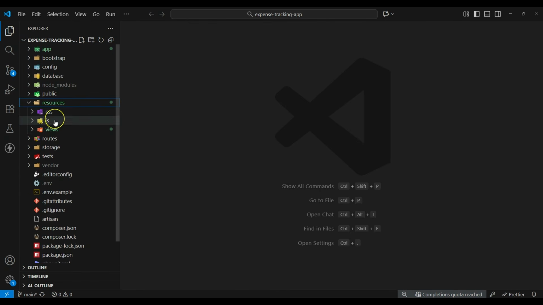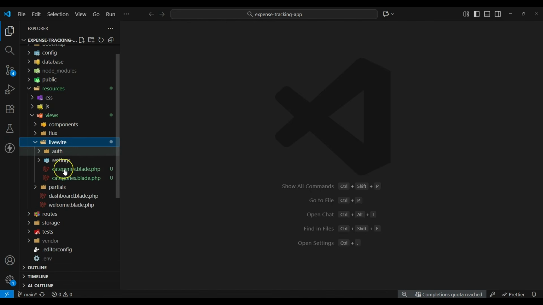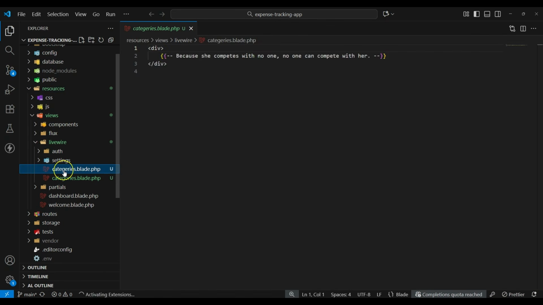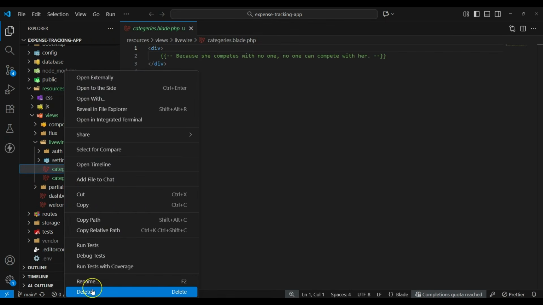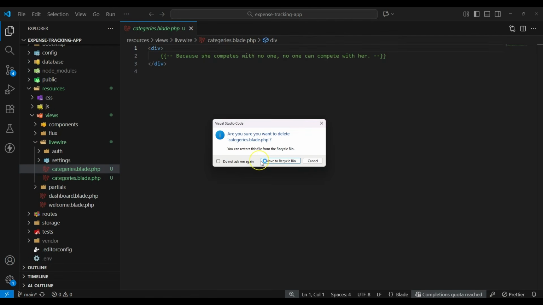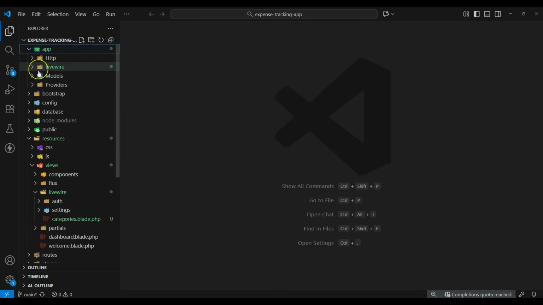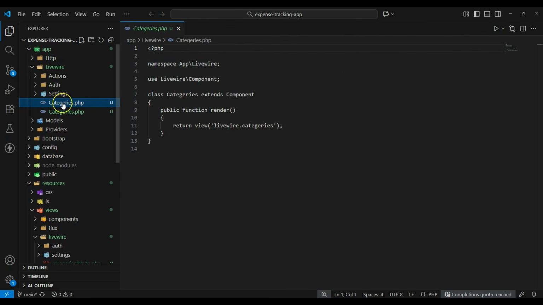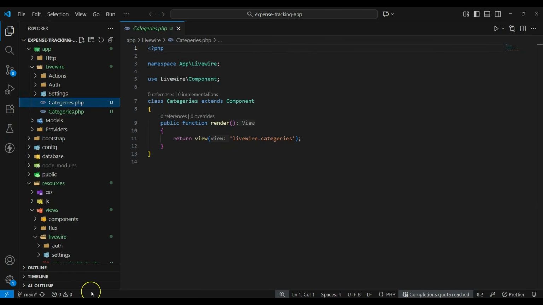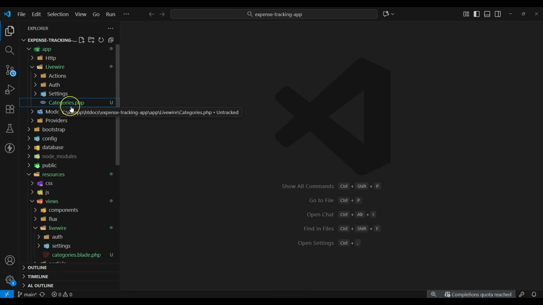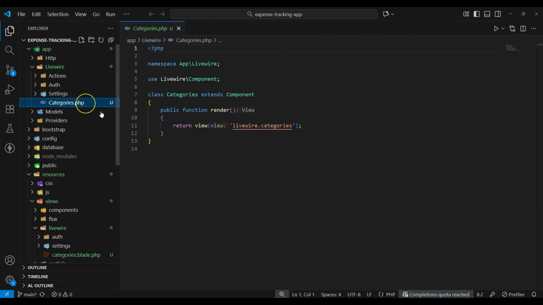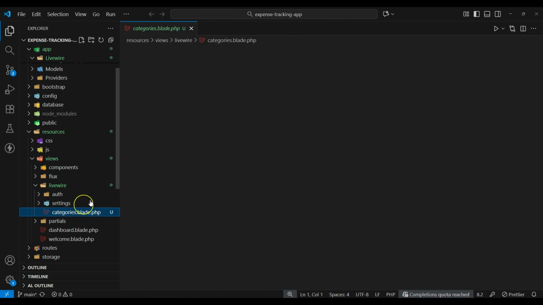Let me start by removing the view, this one. Also here on the component class, let's remove that. Okay, so now we have the categories component class, which is this one, and we have the blade file,